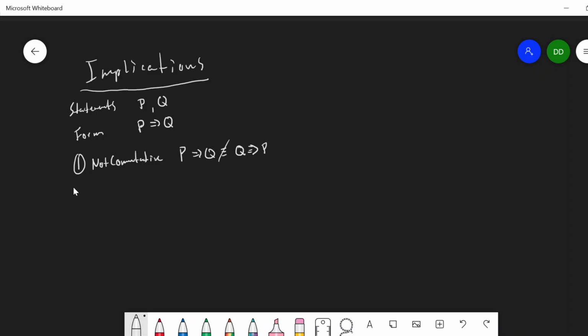And the second one is this weirdness, and you may have missed it in the text, but if you caught it, maybe you thought it was weird that if P is false, then P implies Q is true, regardless of Q. So regardless of the truth value of Q, it could be true, it could be false. I don't care. If P is false, then the implication is true. So there's these two bits of weirdness that I'd like to talk about and illustrate.